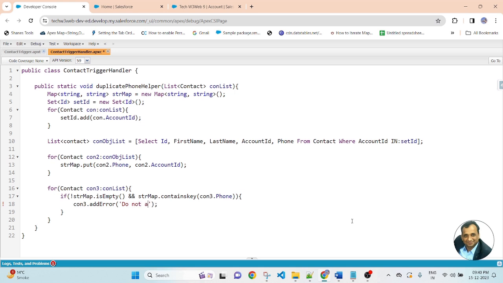Do not allow duplicate record if associated account has same phone number. So this message will be displayed: do not allow duplicate record if associated account has same phone number. Now save the file.